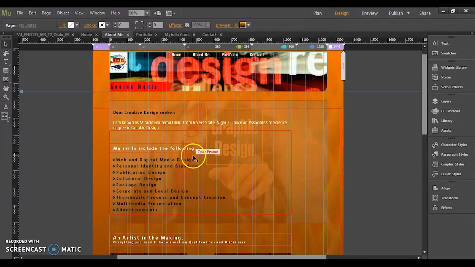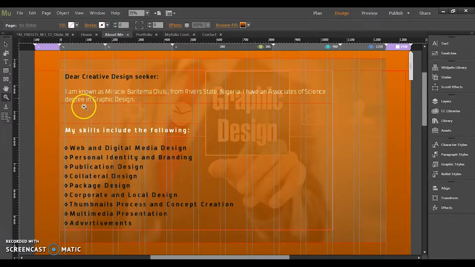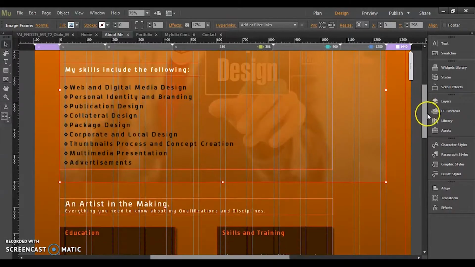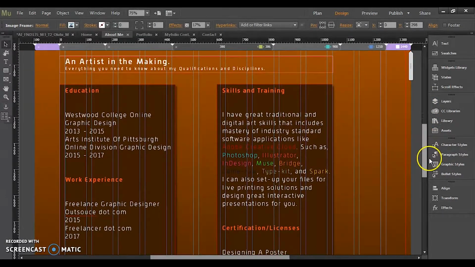But if you notice, behind the skills section right here, there's an image, but it's a muted image. I don't know if you can see it. Let me zoom in a little bit more so you know what I'm talking about. As you can see right here, there's this image that is dimmed to an effect of 17% to enable you to read what I have posted here as my skills and things like that. And I do have skills and additional skills and training and so forth,